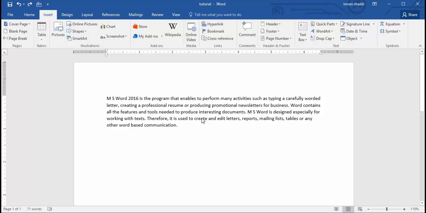And in this video we are going to discuss one of the groups of the insert tab, which is header and footer. Okay, so in the header and footer group you have options like header, footer and page numbers. Okay, so what are headers and footers? Header and footer are the place where you will write your important information,